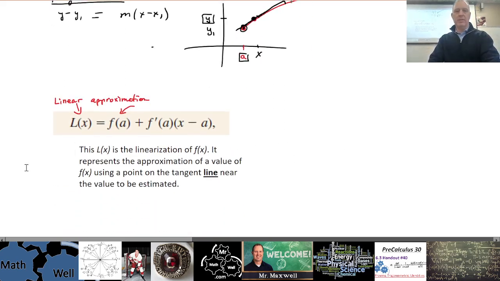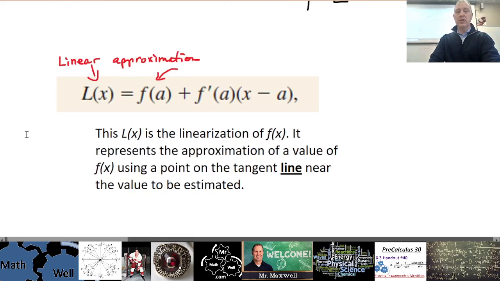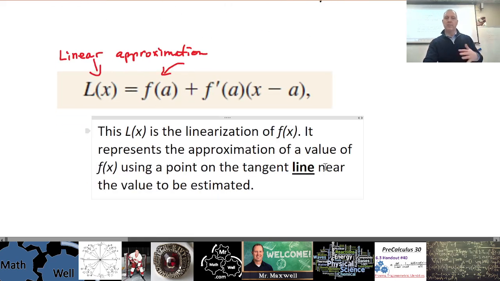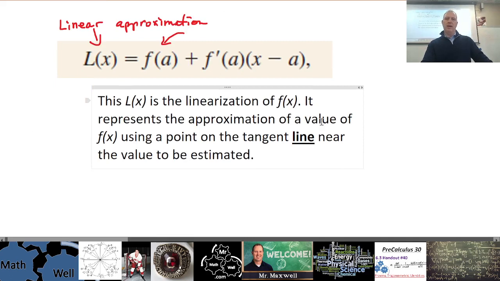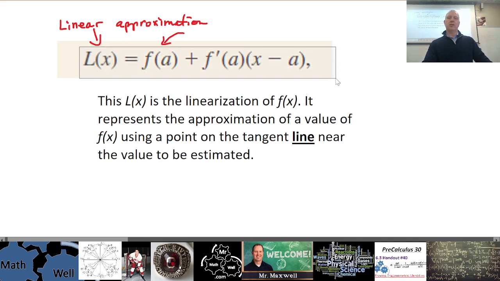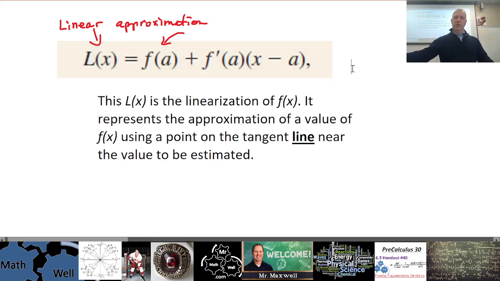Okay, so here it is. This is the equation for linear approximation. Okay, and the notation that's usually used is L of x here. So that's the linear approximation. This is the equation that we're going to use. Let me just walk you through it. So similar to the example that we used before,